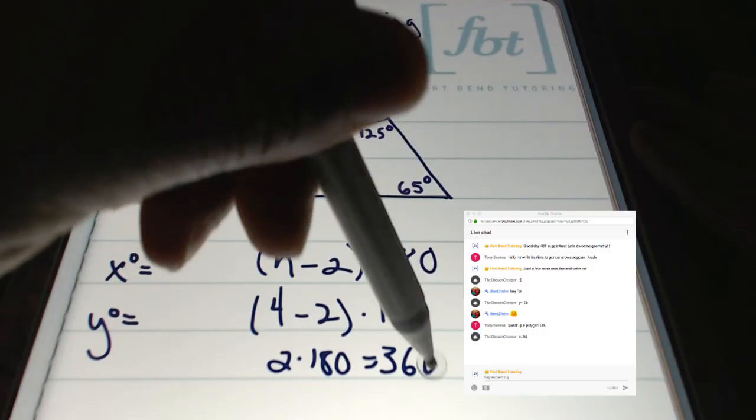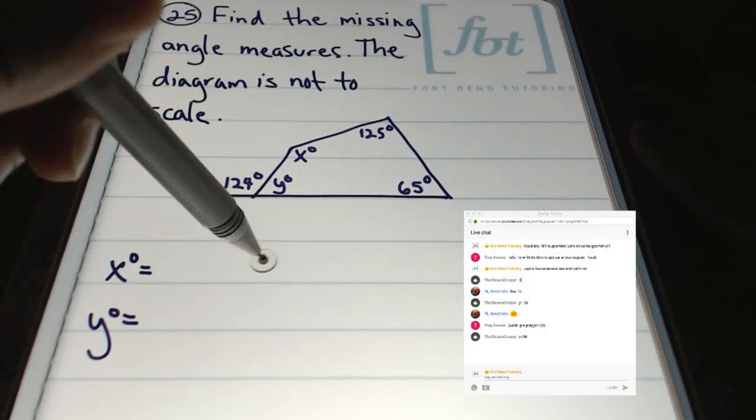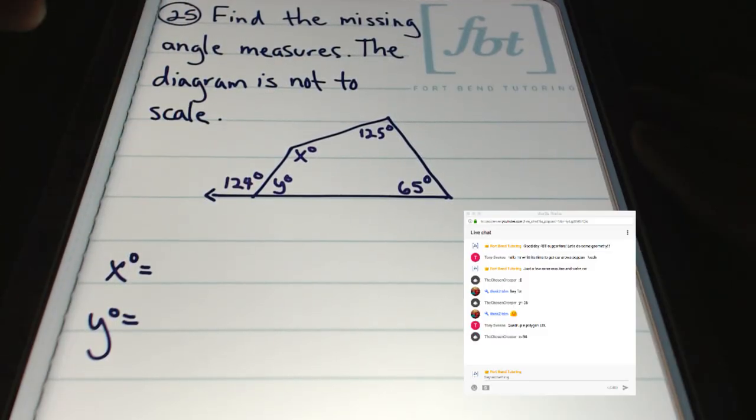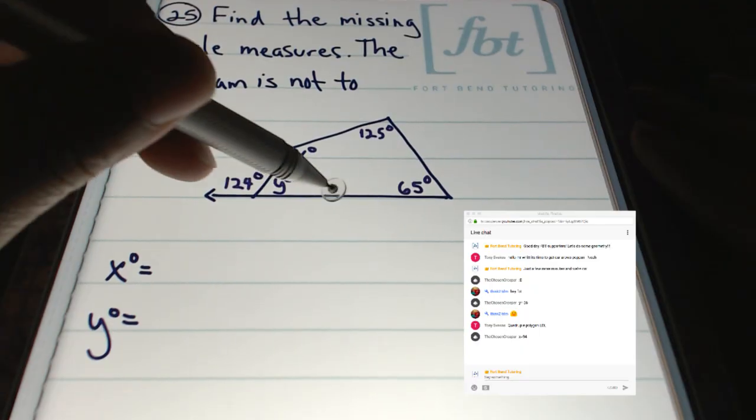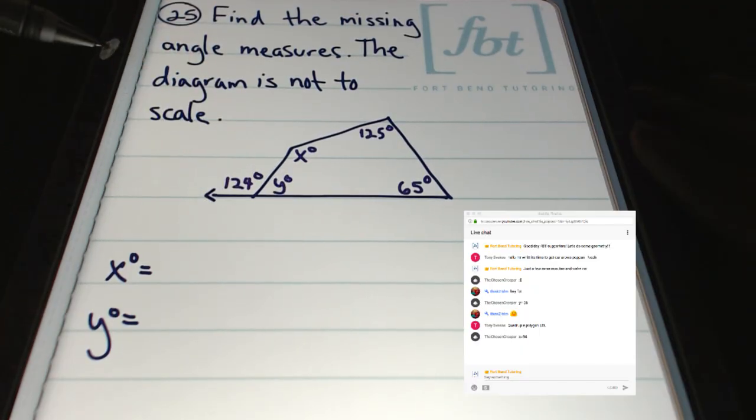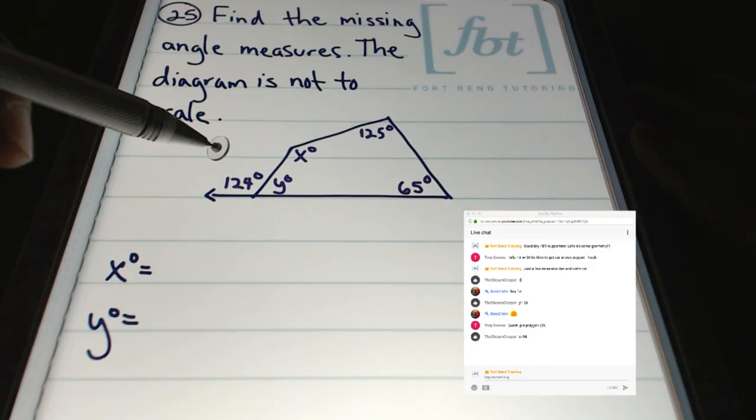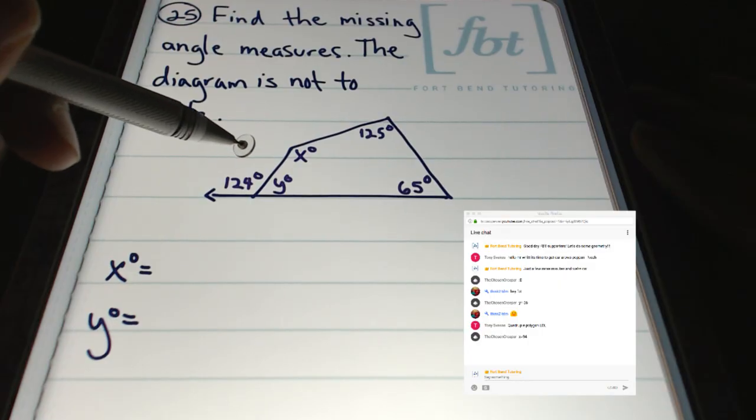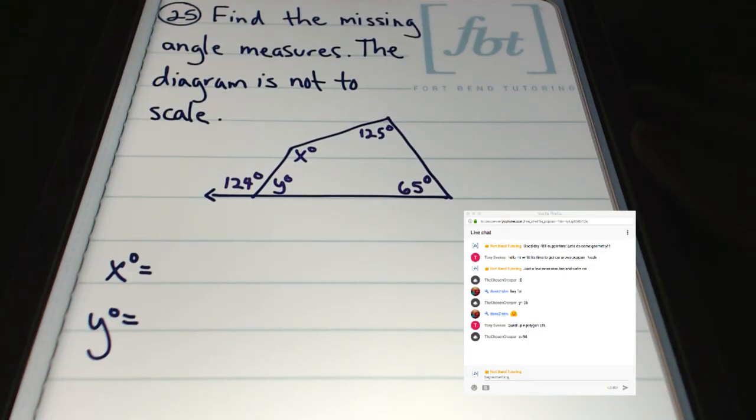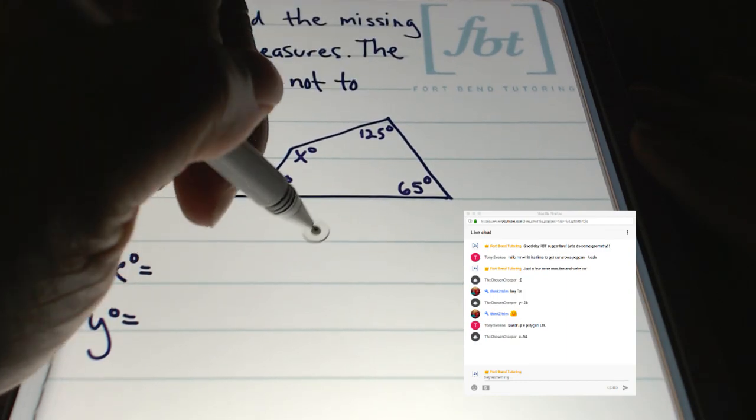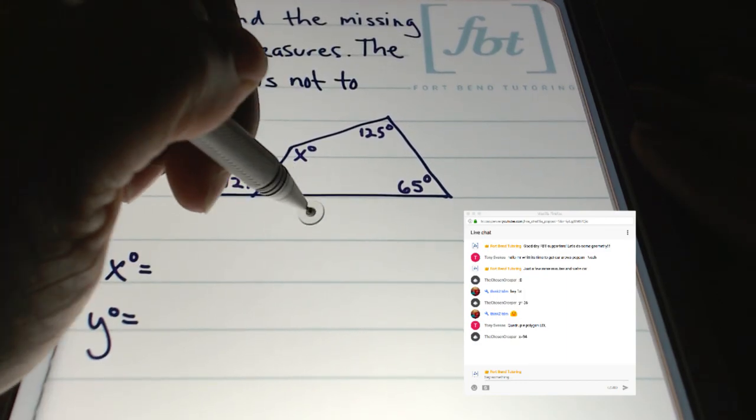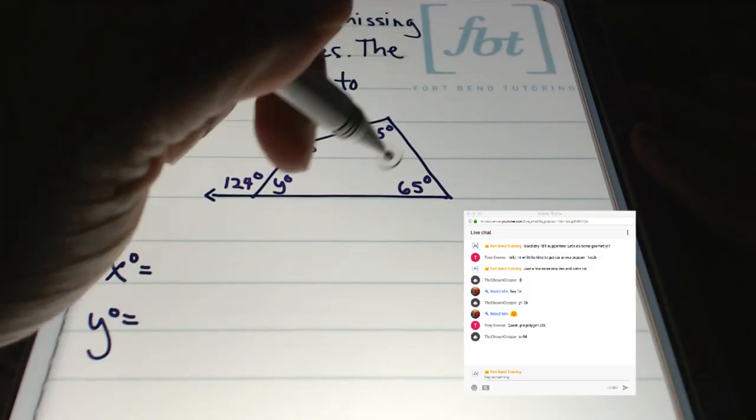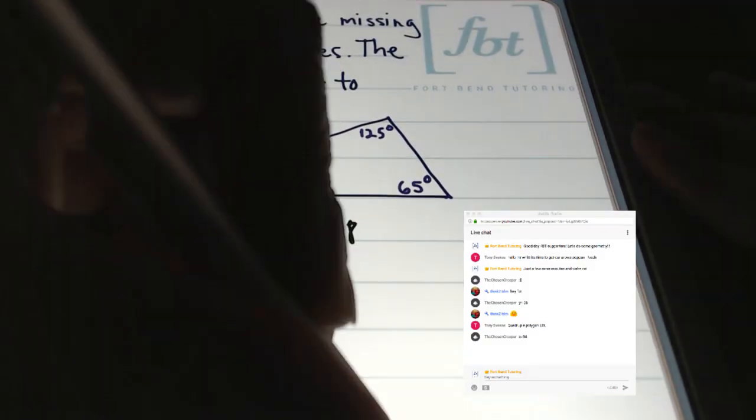So let's go ahead and see what else we can do with this information. Because we have a linear pair here, we can solve for y quite easily, because the sum of 124 degrees and y degrees must be equivalent to 180 degrees. These two angles are supplementary. So therefore, we can say that we have 180 degrees